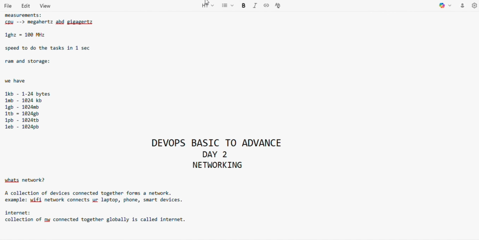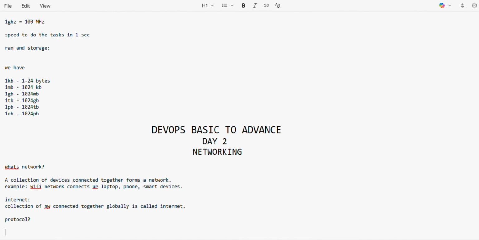Next thing we are going to learn about is protocol. So what is a protocol? For everything we have some set of rules and regulations, right? So protocol means the same. Protocol means a set of rules and regulations that need to be followed